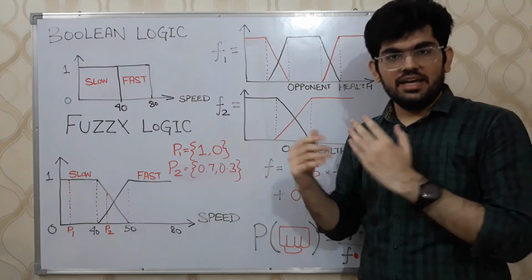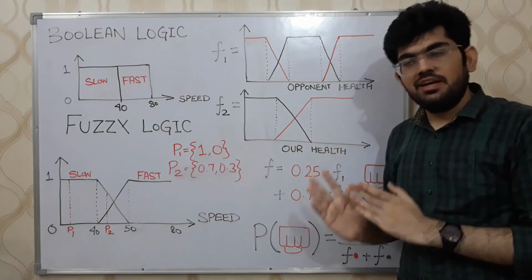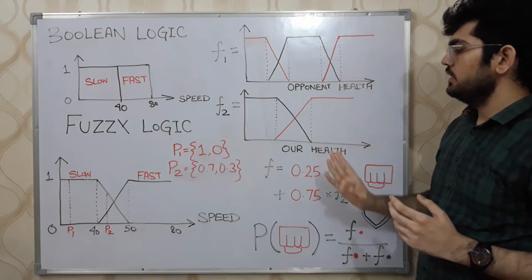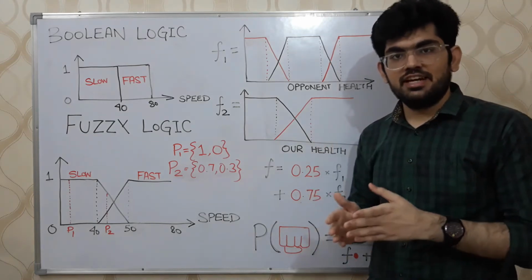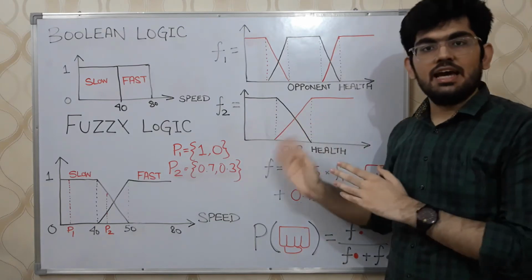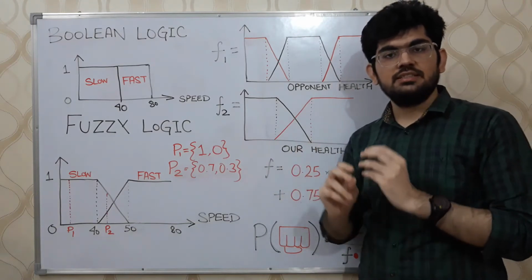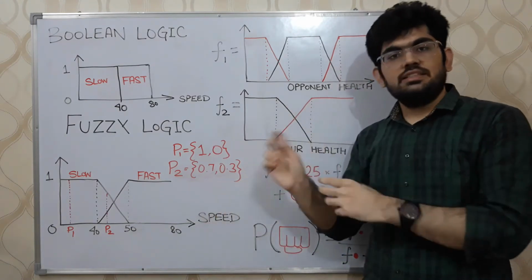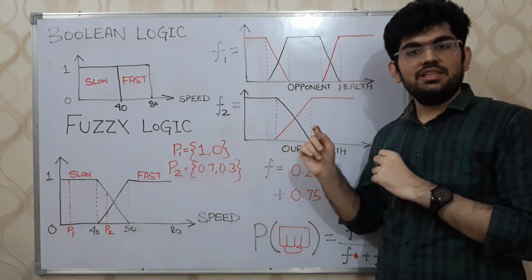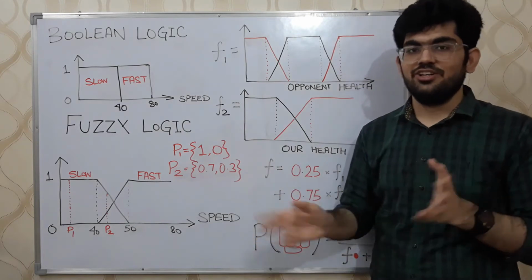Now let's see how the AI's own health affects its behavior. When it has a large amount of health, the AI is following an offensive behavior right over here. And when it has lost a significant amount of health, it should follow a defensive behavior. And in the middle, we have them merging, as to say. Now, as I said before, these two membership functions are completely arbitrary. Changing these would lead to a different behavior altogether. And these may also not be the most optimal membership functions to use. You are free to use your own.